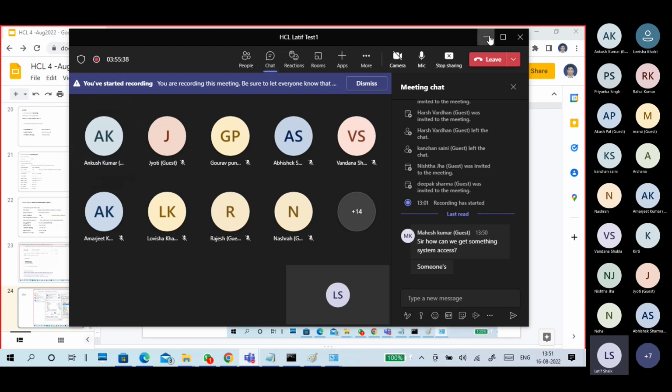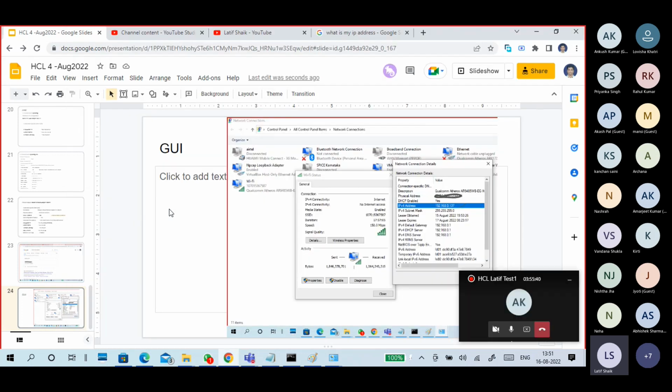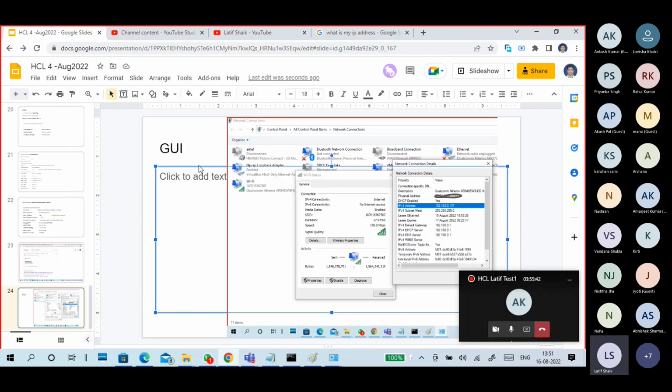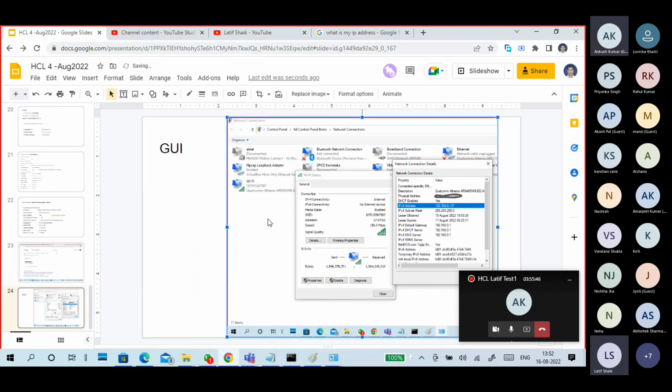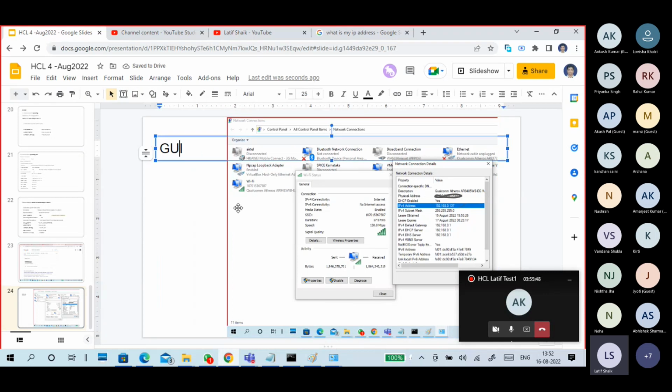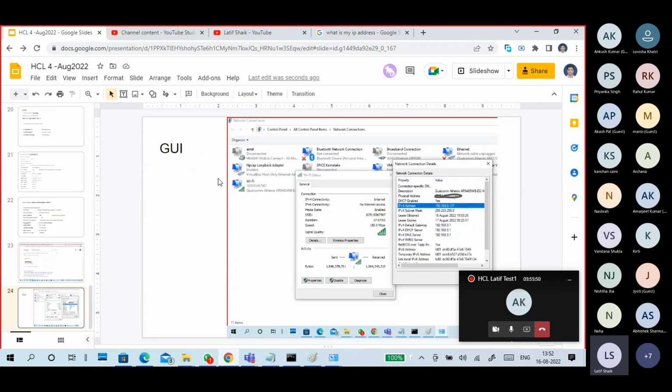How to access someone's PC using different protocols, guys? Different protocols are there. Remote access protocols also there. So I open like this, but one second,